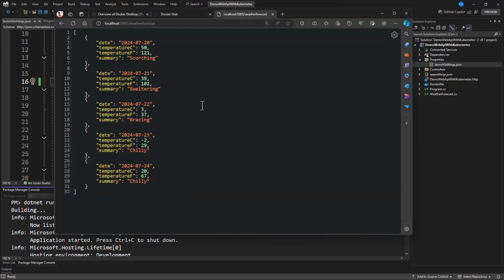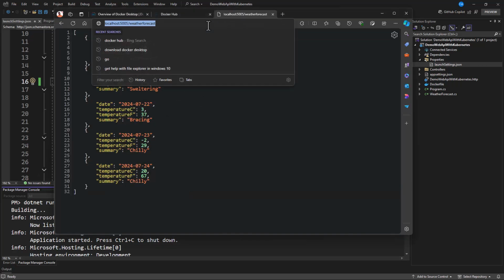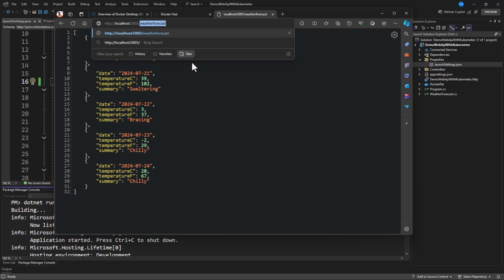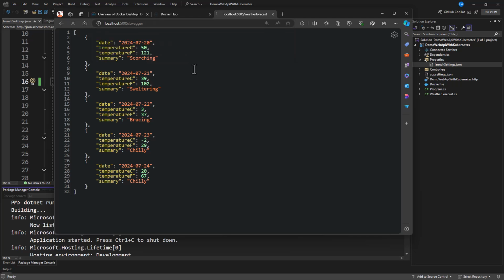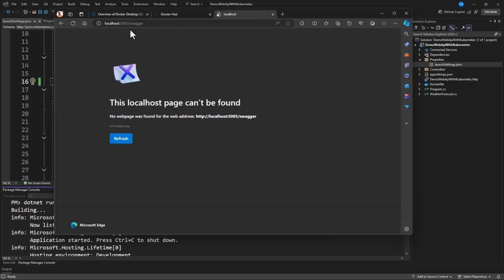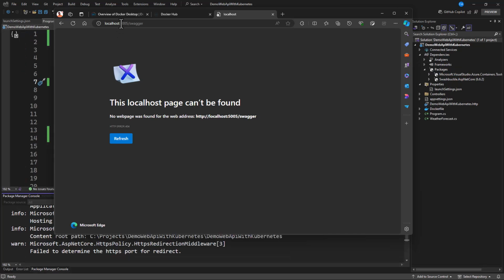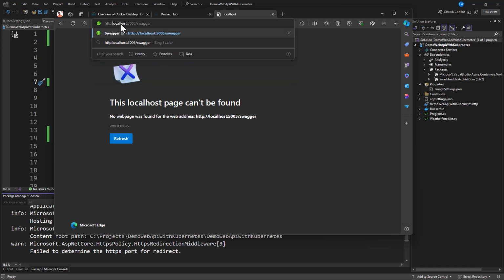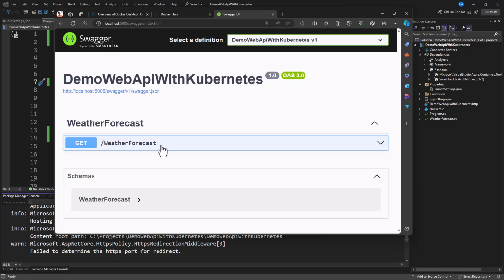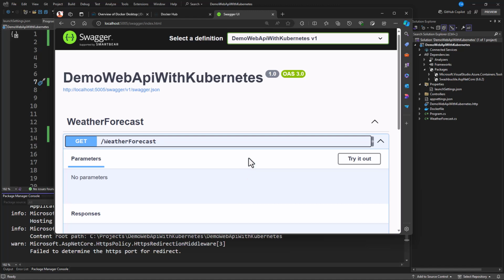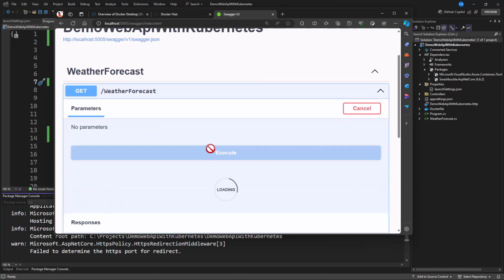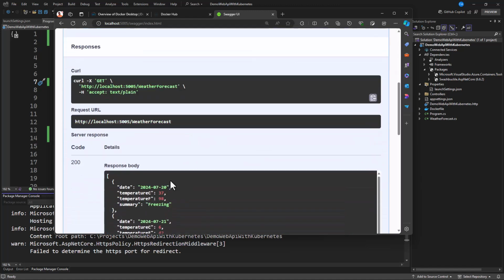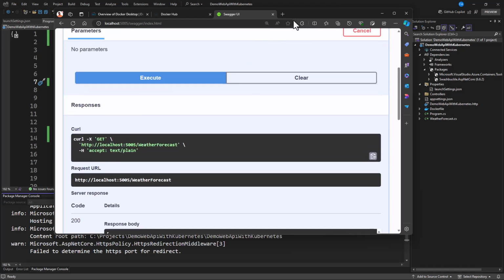Now let's bring our browser in here. Let's paste /swagger and check it out. Let's make sure we are running on HTTP. Yes, and now we have it. So our Swagger is now configured, and when you execute this, you must have the default record. That's great.